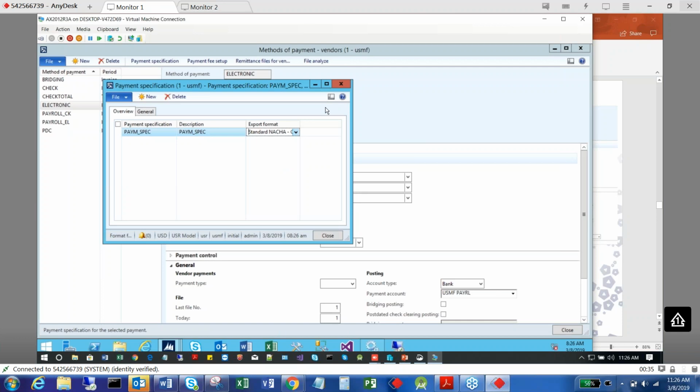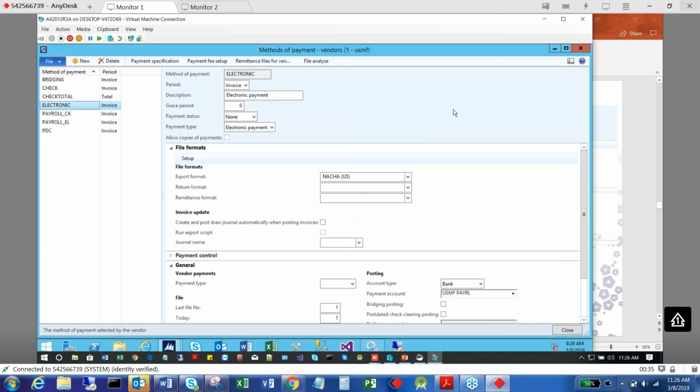Obviously, I have provided the details in the upcoming slides, that when you have a custom format, you can always create that format first, and then you can select from here. So going back to the slides,